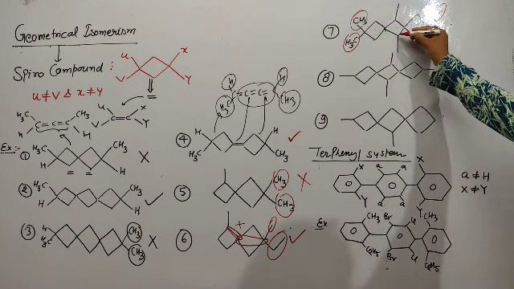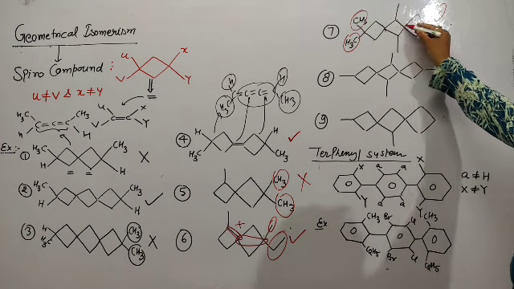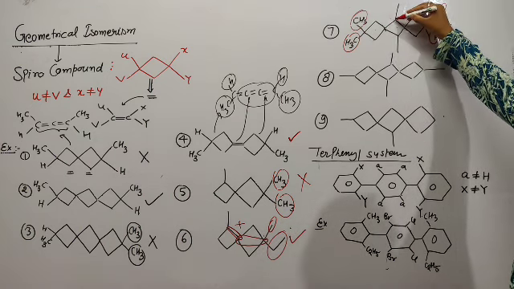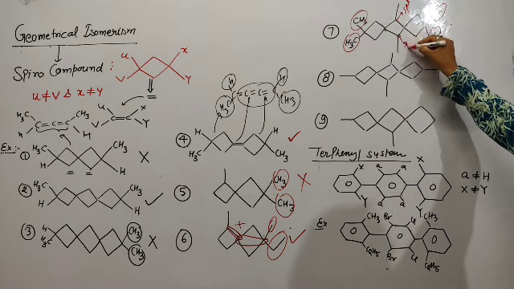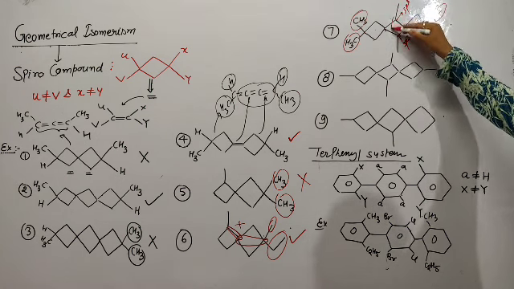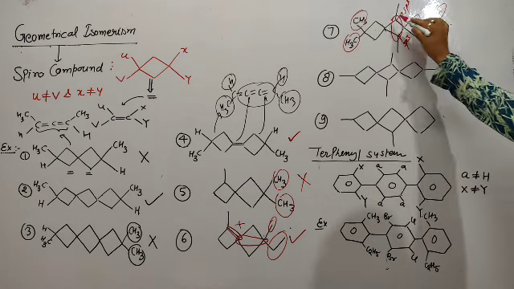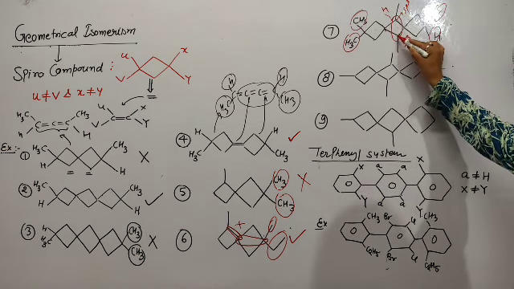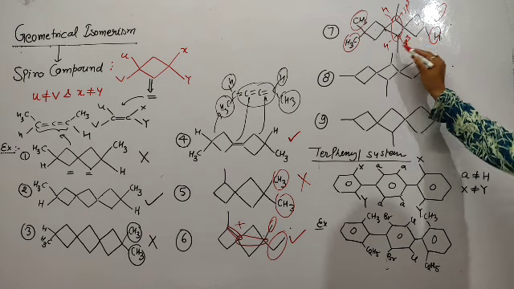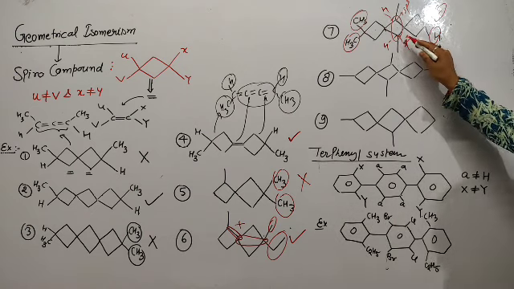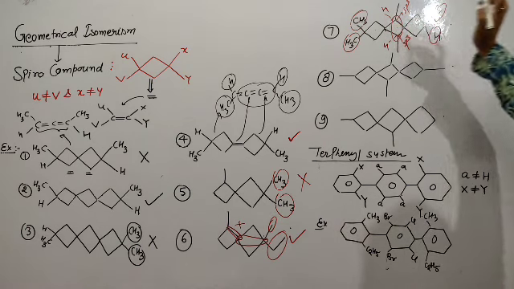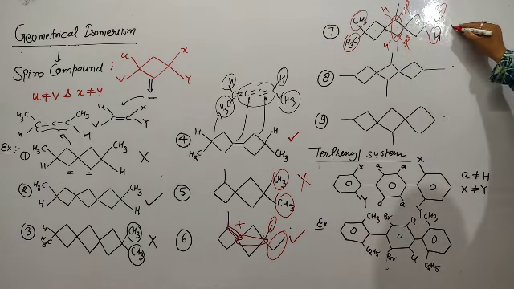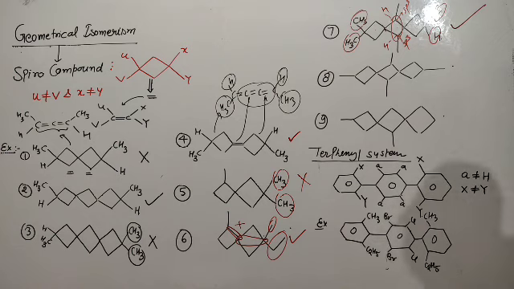But student, this molecule has a ring, you can check only this ring. This is what? sp3, and this is what? sp3. So the middle ring shows geometrical isomerism. Both groups have different substituents and are sp3 hybridized. So that's why this molecule shows geometrical isomerism. That's why the complete molecule shows GI. So everywhere and at every point please check.